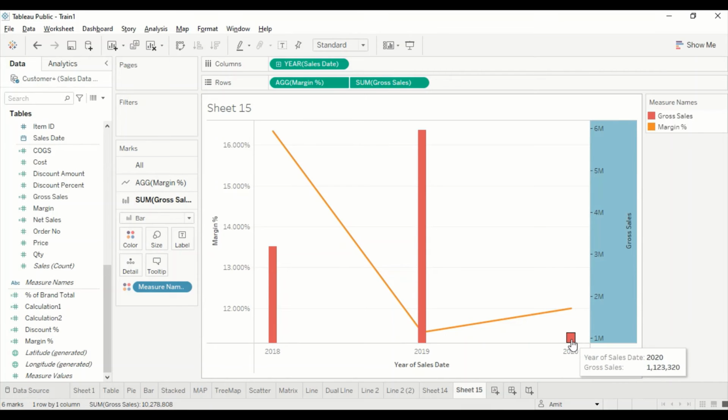But now you see that this is 1.2 million. This looks a little bit smaller. So that is how we can do it. Now we are able to decide the width or the color, but the only thing is that margin is already there, so we don't need it, but at least we can have it in one of them.